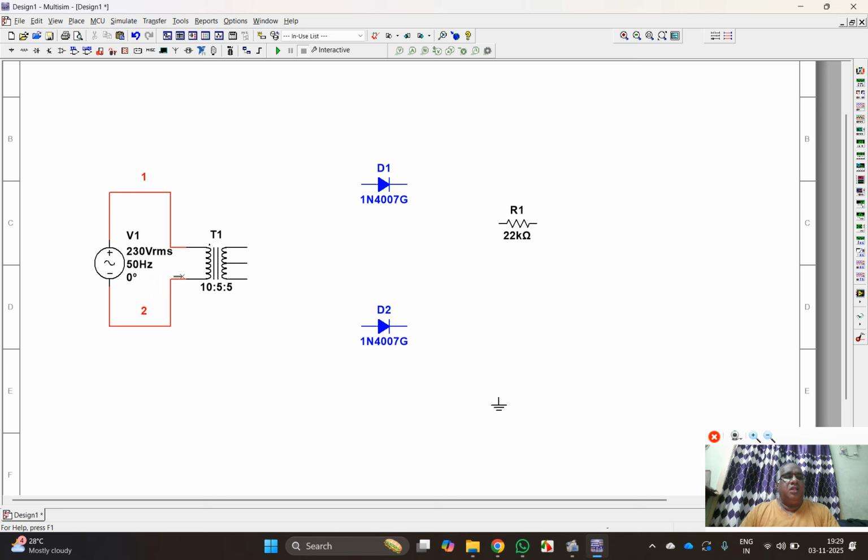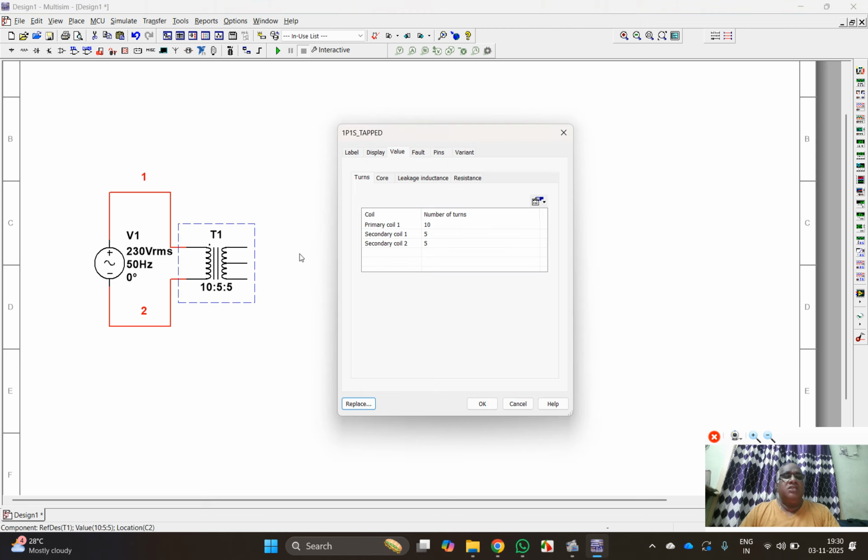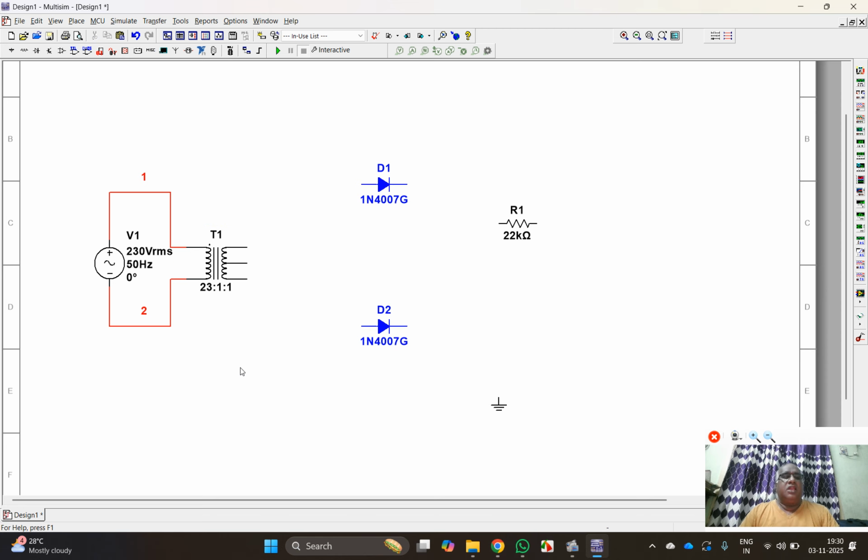Here, the default transformer number of turns in the primary is 10 and secondary is 5. But I need the secondary RMS voltage to be 10 volts. Therefore, I want to change the primary and secondary coil turns, which is 23 and 1 and 1. That means the secondary voltage is 10 volts, because primary voltage by secondary voltage is equal to